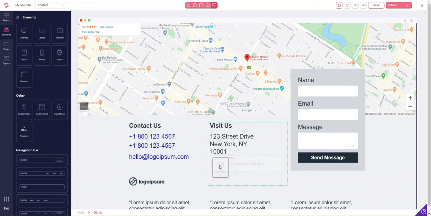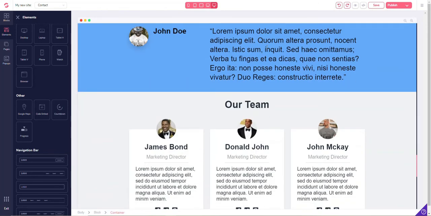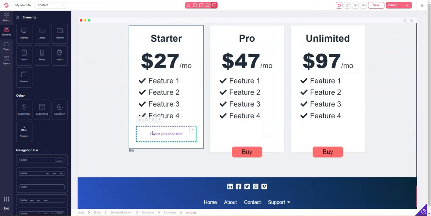For instance, we're dropping it here under visit us, and it asks for embed code here. So this is where now you'll just put the embed code. I'll undo this and show you that you can drop this embed code anywhere. Let's say you wanted to put it under this pricing here. You can just grab it and drop it right over there. Okay, now